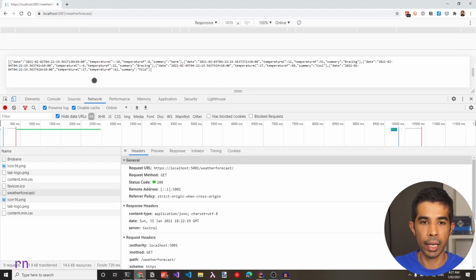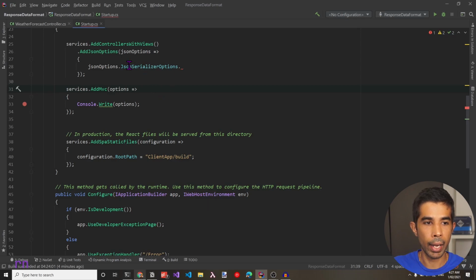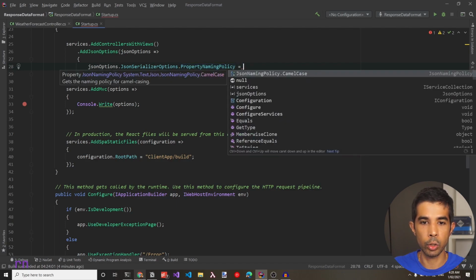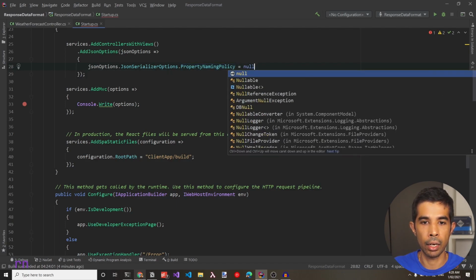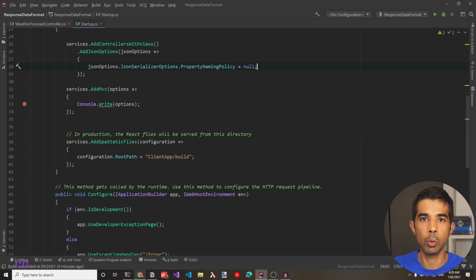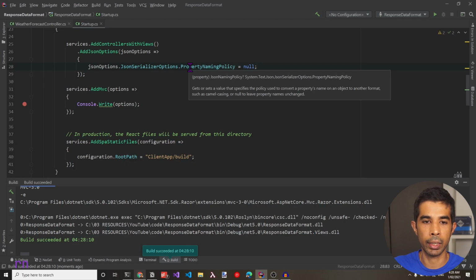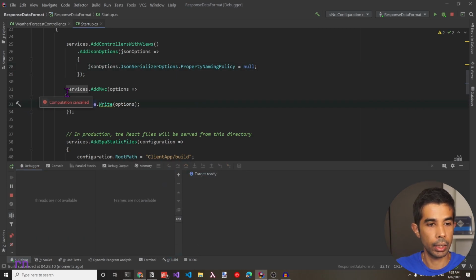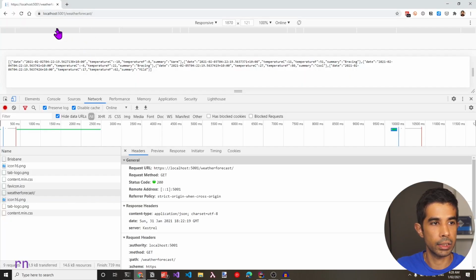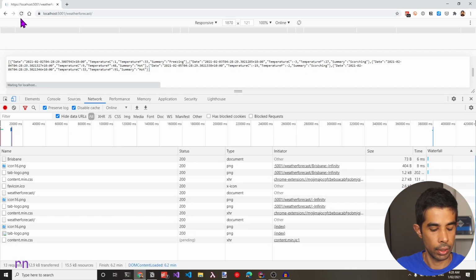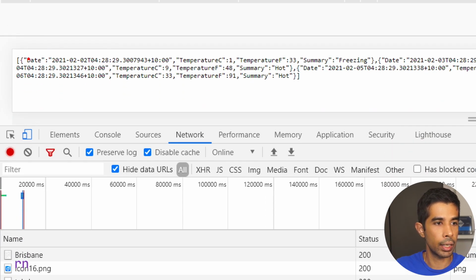If you want to change that, let's say for example, you can come back in here and in the JSON serializer options, you can set up the property naming policy, which by default is set to camel case, and make this null. So this is going to reset this into Pascal case. Let's run this to make sure this is getting applied as expected. Let's remove this breakpoint and continue the execution. The application is running, so let's refresh this request, and you can see this has now started returning in Pascal case. So the starting letter is capital as with our property names.